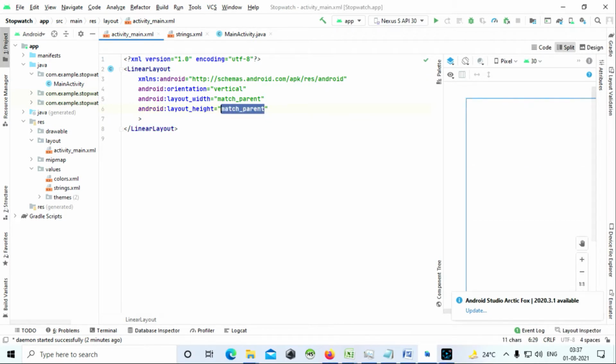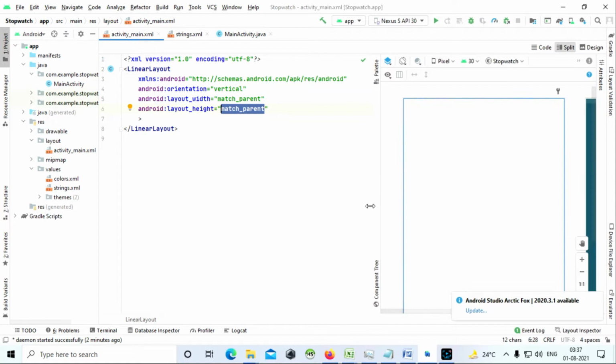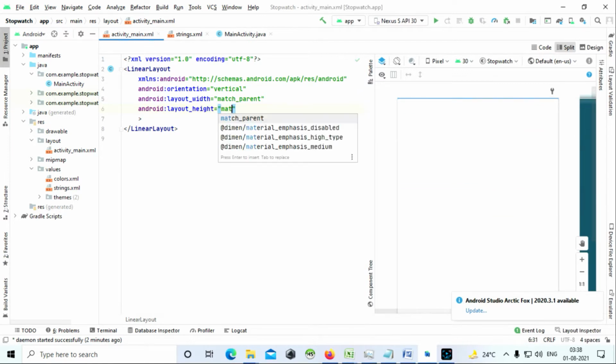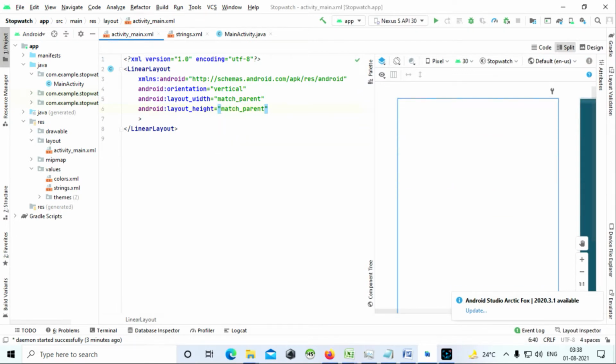You can also write a number here. I'll show you. Now write 20 dp. Can you see the height is reduced? If you write 250, it is increased. Understood? When I write match parent, it's going to take the entire screen.